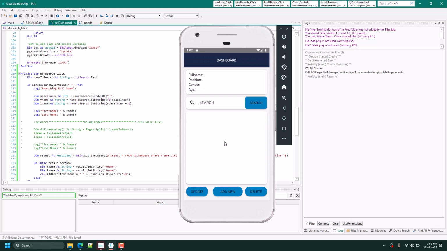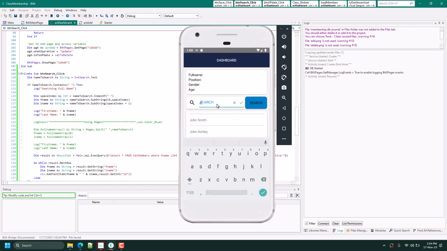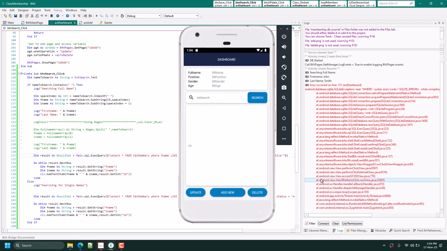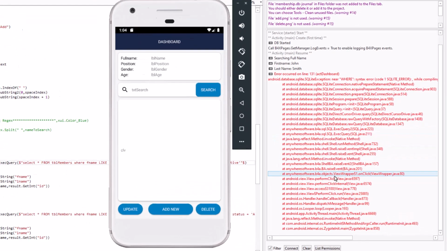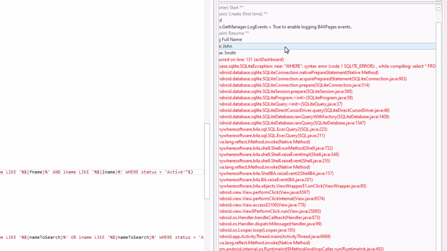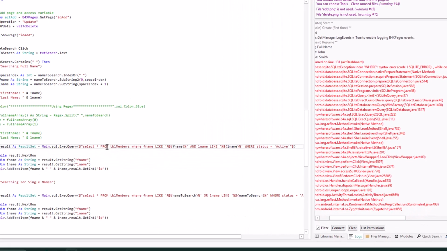Currently we don't have any name in the list, so let's add new. So here we are. Let's search for John Smith. Error. Let's see what's happening. Okay, sorry, I think we have the query.